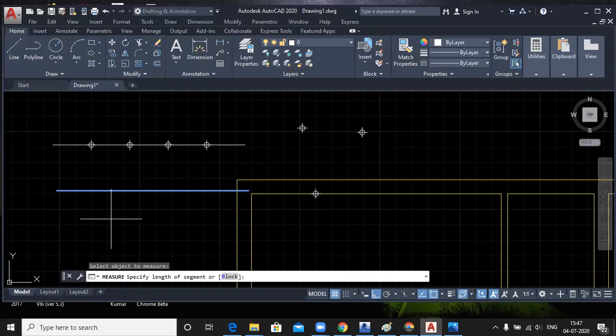The size of your segment, 3 feet. Just we have created 3 segments.